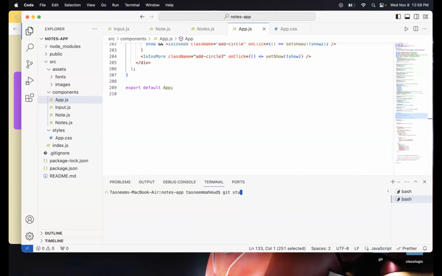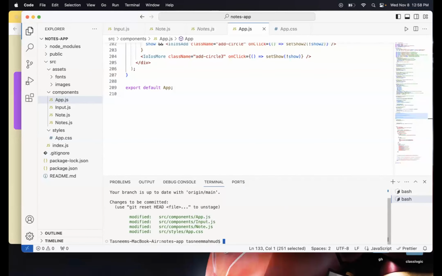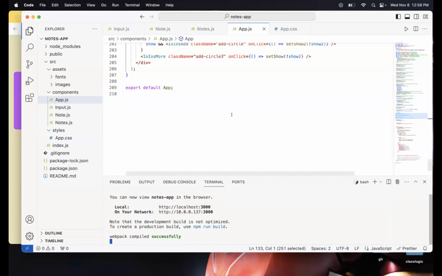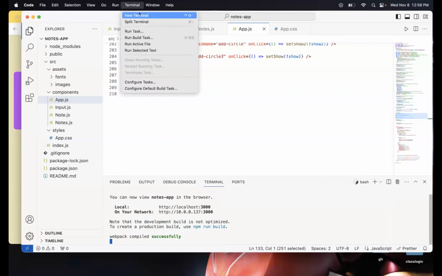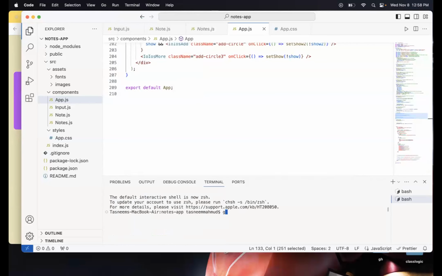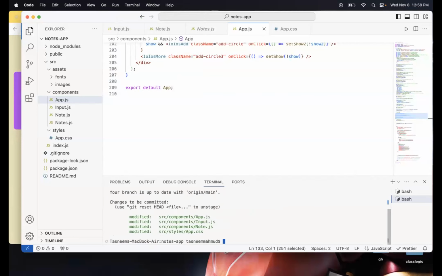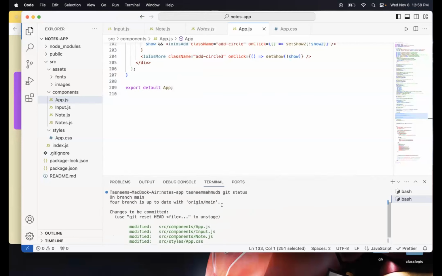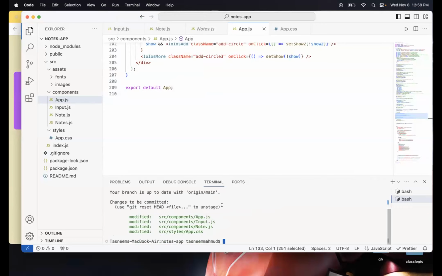Git status. No, okay, it's still holding that commit for me. I don't want that. New terminal. Git status. Okay, let me just create a new branch.